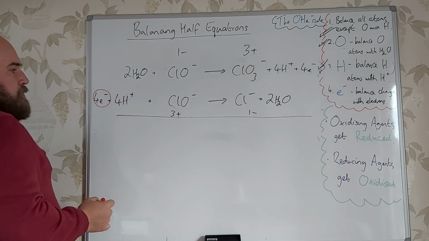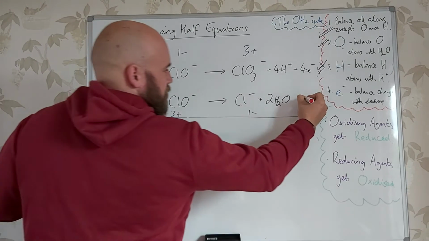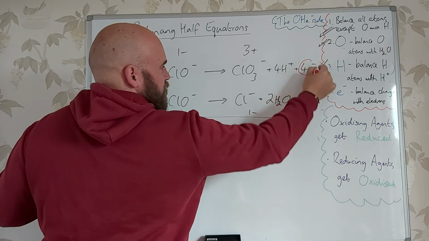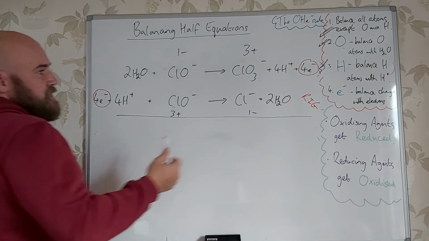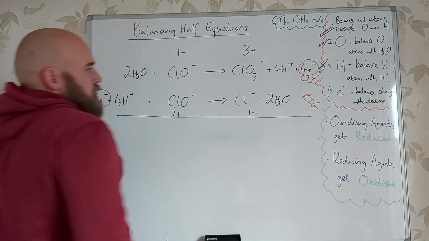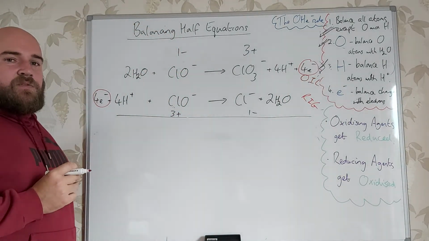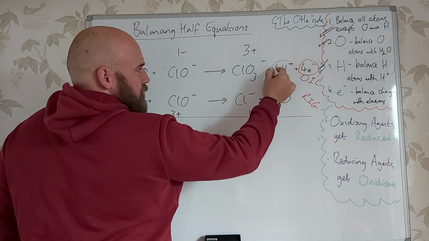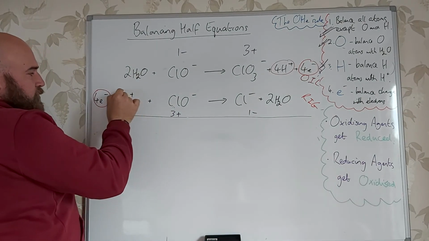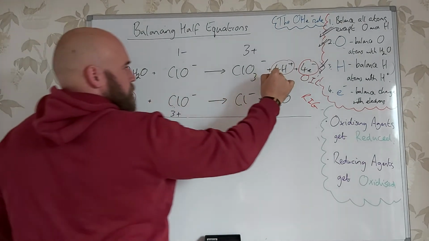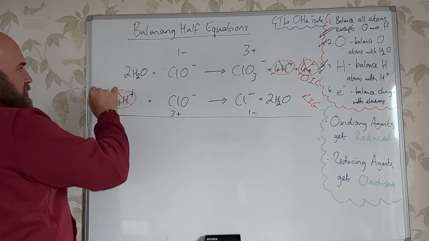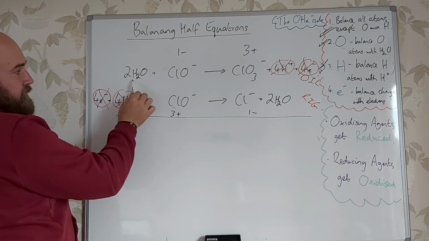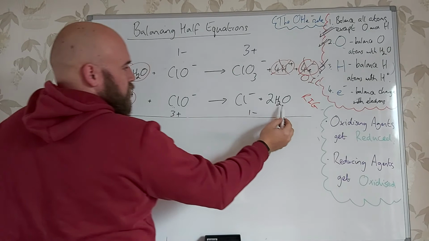So the electrons being gained, all right, so this is my reduction, equal the electrons being lost. So 4 electrons being lost at the top, 4 electrons being gained at the bottom. So there's my oil. And you'll notice there's something else. There's a few other things we can cancel out here. All right, so you can see that 4 H pluses are being lost at the top, and 4 H pluses are being gained there, so they cancel out as well. And is there anything else that cancels out? Well, there's 2 waters on the left at the top, and there's 2 waters on the right at the bottom,